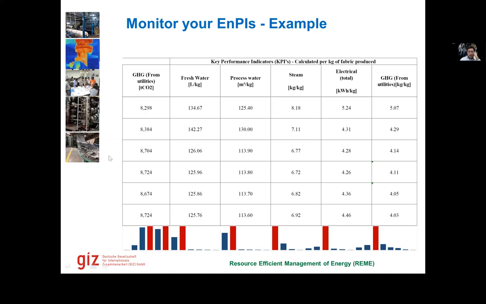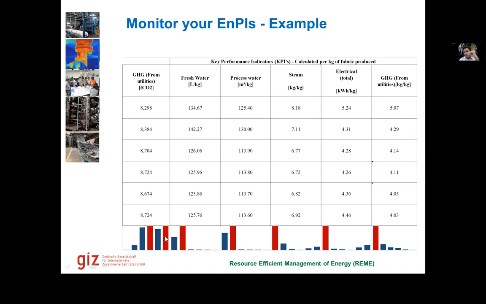And it is very much possible that your GHG emissions are increasing, but your normalized ENP is reducing, because maybe in this area the factory's production really boosted up. Here the factory had low production levels, but in these 3 months the factory had high production levels. So the total energy intake increased. That is why the absolute GHG emissions values increased, but the normalized values decreased. So this is a way of also showing it.